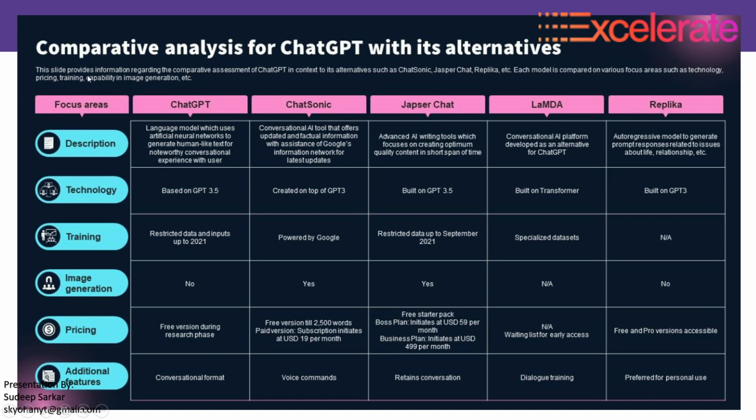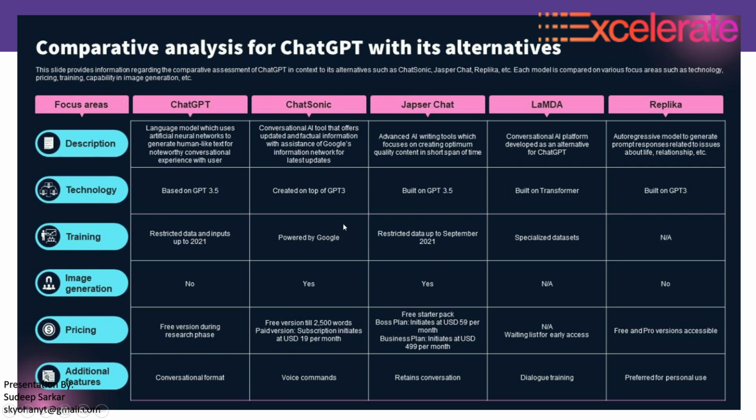Comparative analysis of ChatGPT with its alternatives. ChatGPT, language model which uses artificial neural networks. The basic similar text to text translation and text to text chatbots. Training. Image generation. No, ChatGPT currently it does support image generation but only for the paid versions. So in free versions it is limited only. So partially yes it does support image generation but particularly no because ChatSonic provides extremely fast image generation which is